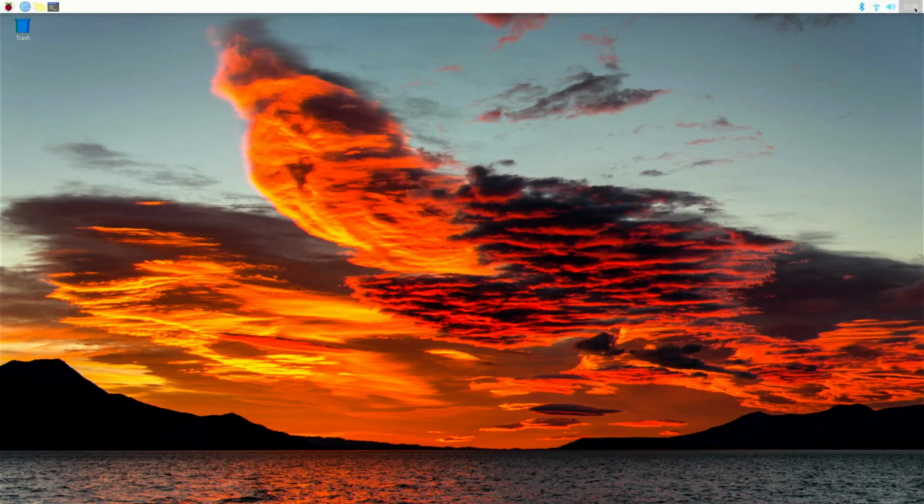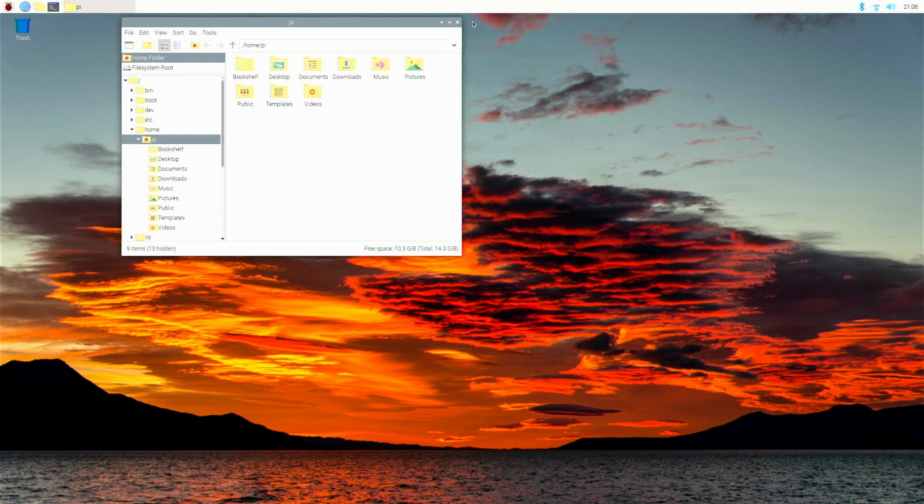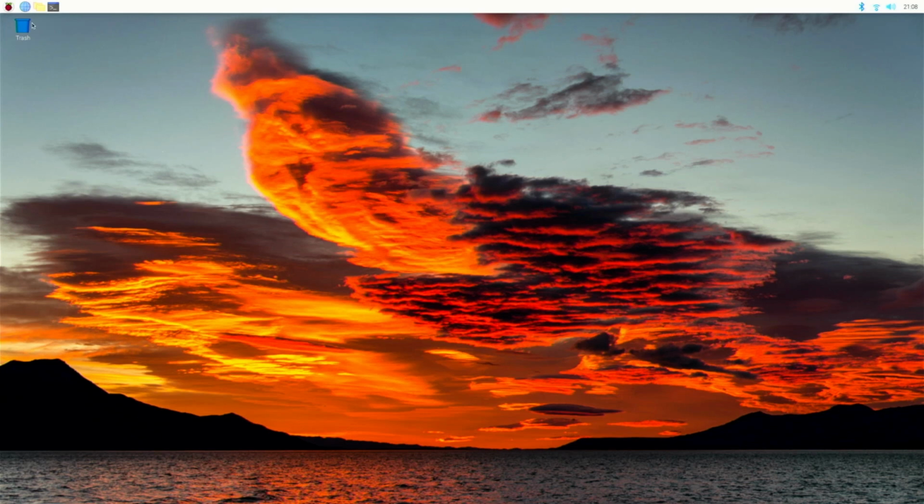Starting in the upper right hand corner, we have our clock. If you click on the clock, it populates a calendar. Next, we have our volume control, as well as our Wi-Fi and Bluetooth shortcuts. Moving over to the left, you get Terminal, File Manager, and Chromium, which is your stock web browser, pinned to the menu bar. Next, we have our Raspberry Pi logo, which is where you're going to find your installed applications